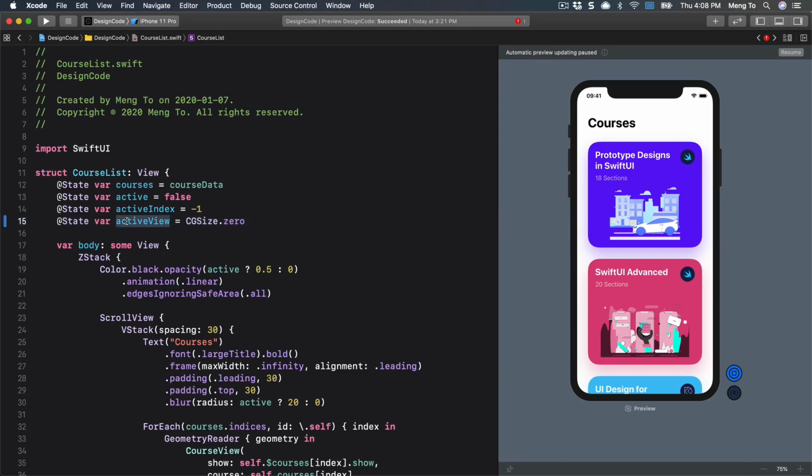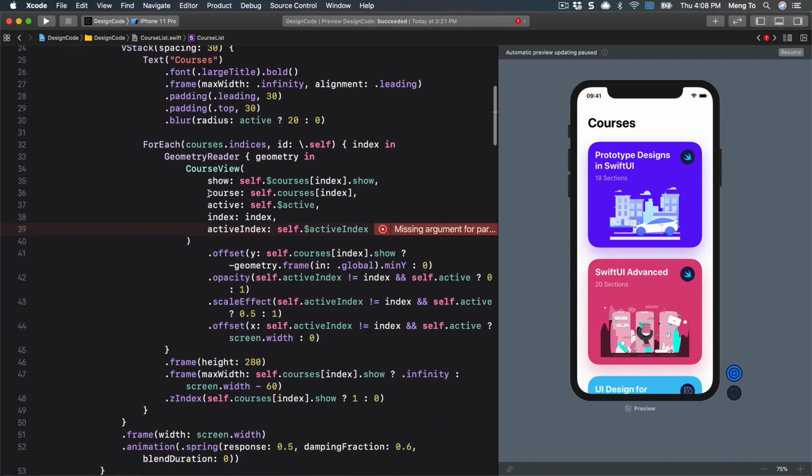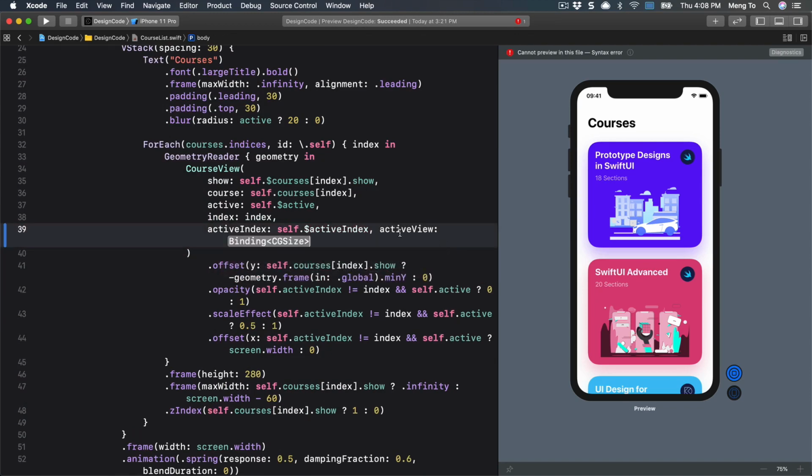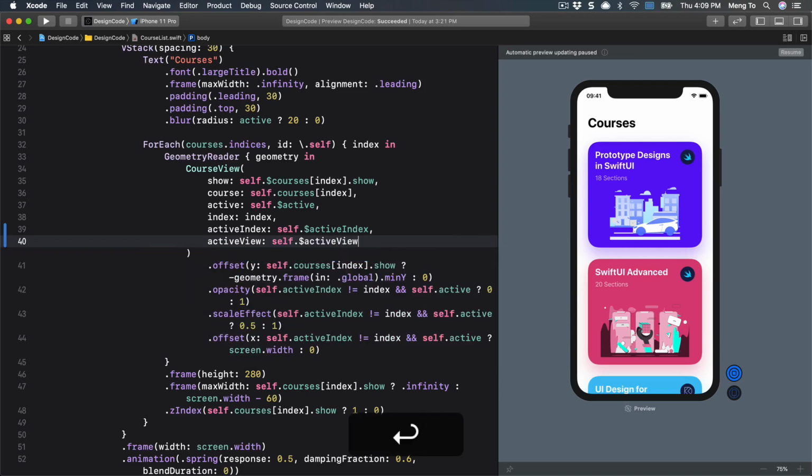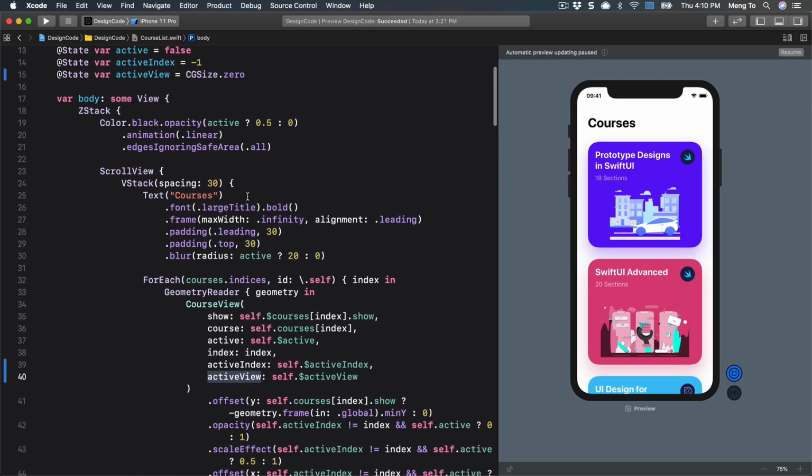And we're going to pass this activeView to our course view component. So insert, let's put this in another line, and then set self.$activeView. Since the activeView is now bound to the course view component, and now I can have those values from the drag,